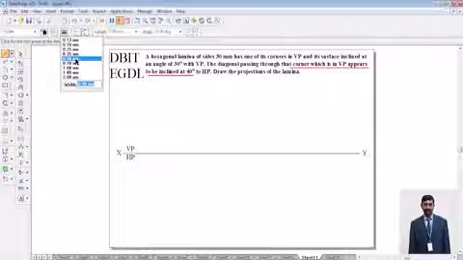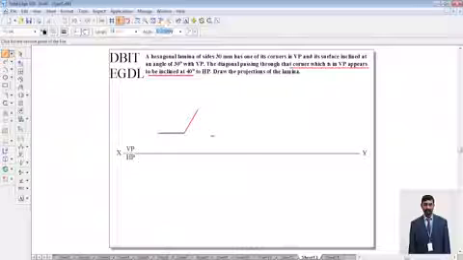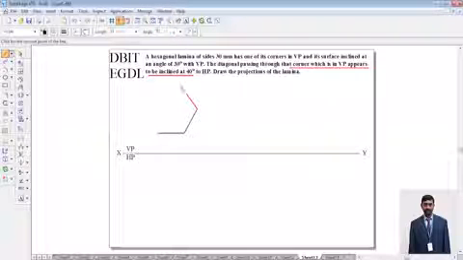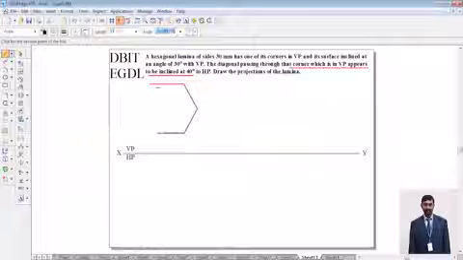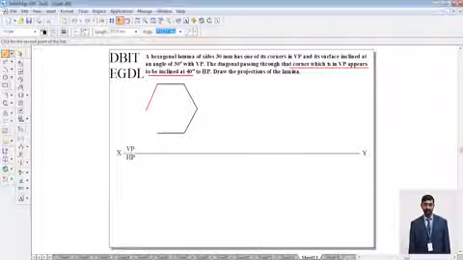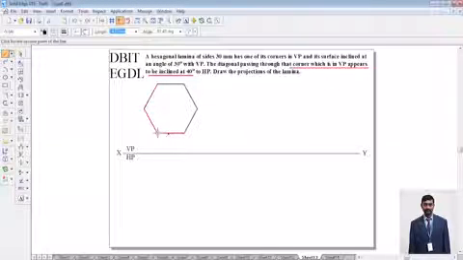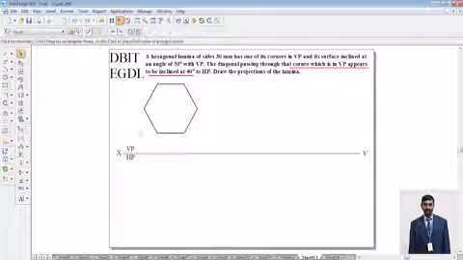So I'm going to take a thick line. A hexagon of 30 mm: 30, then 30 with the angle 60, next 30 with angle 60 into 2, next the angle will be 60 into 3, next 30 with angle 60 into 4, and next you can join the endpoint or give the length as 30 with angle 60 into 5. So this will create a hexagon in VP.